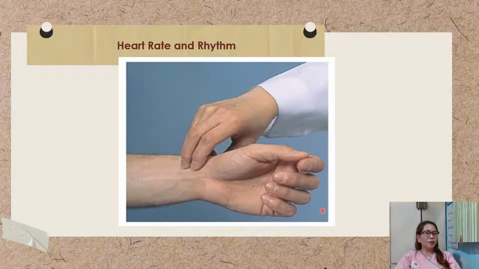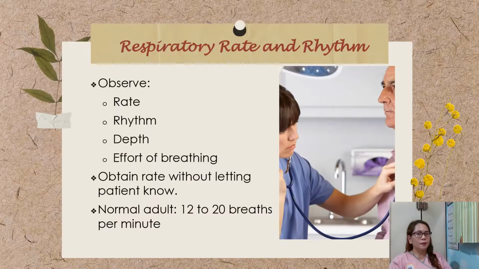In taking the pulse rate, this is where you place your middle and index finger and count the pulse rate for 1 full minute. Again, observe for rhythm. Right after taking the pulse rate of your client, you can now proceed to counting the respiratory rate and observing the respiration or the rhythm of your client. Observe for the rate, the rhythm, the depth, is there presence of shortness of breath, the effort of breathing,